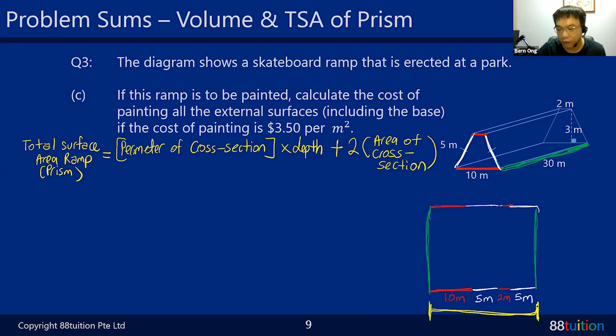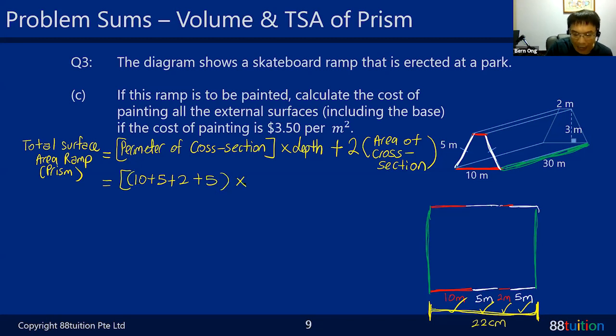The cross section is made up of the red, white, white. So you're taking 2 plus 5 plus 10 plus 5. Isn't it the same? 2 plus 5 plus 5 plus 10. So you're taking the perimeter of the cross section. This is the perimeter, 22 cm. That's called the perimeter of the cross section, which is this part. You take 10 plus 5 plus 2 plus 5, perimeter of cross section,